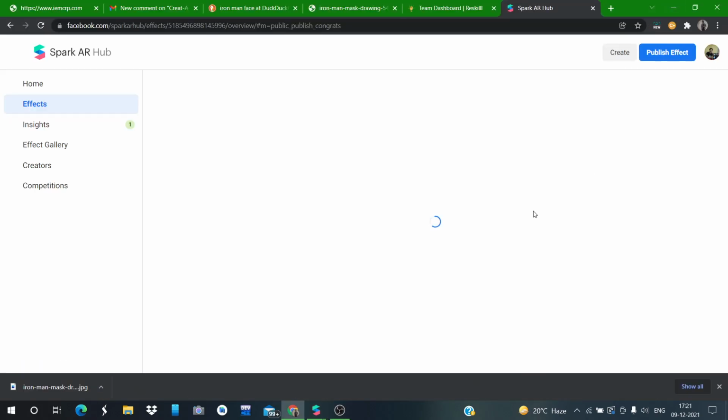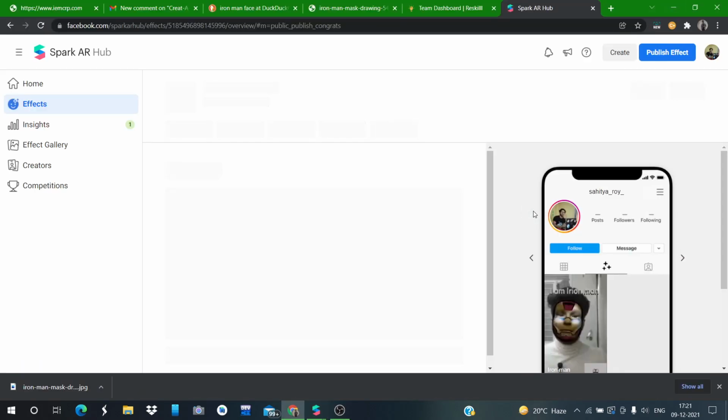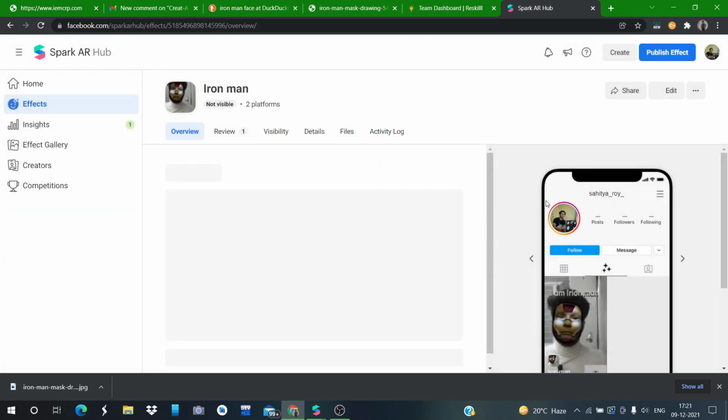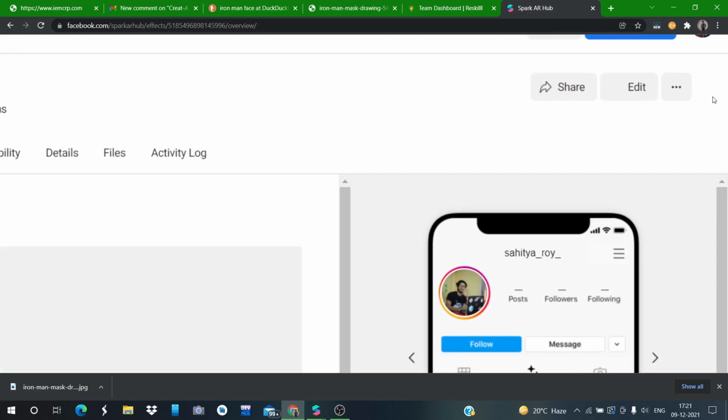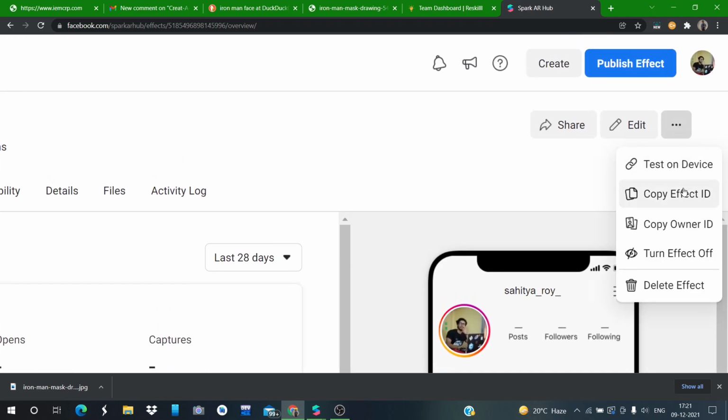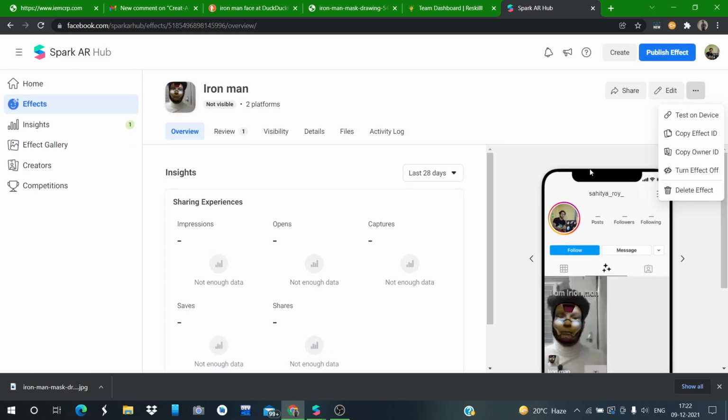Okay, publish effect, done. It will update after 5 days. Over here in the top right corner, there is a three dot menu where you can see copy effect ID, copy owner ID, and everything, right? This is pretty much about this hackathon. This is pretty much about this Spark AR.